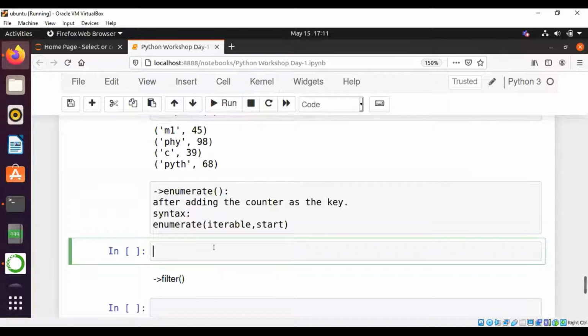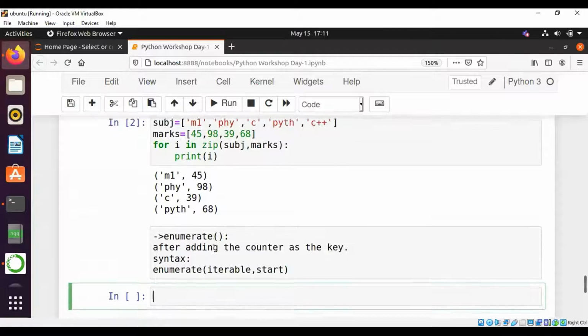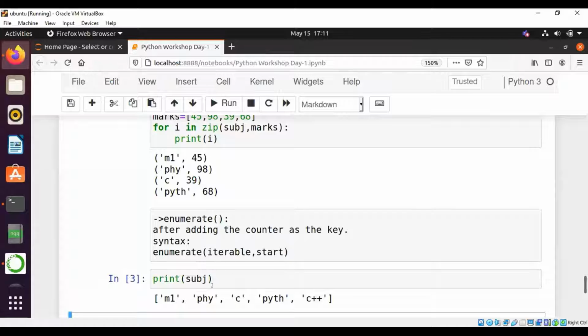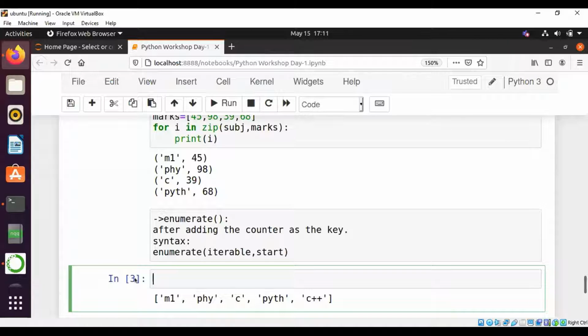Let's take the subjects we already have, and go through the subjects. Let's print the subjects first. Yeah, we have subjects here. So let's see what this does.